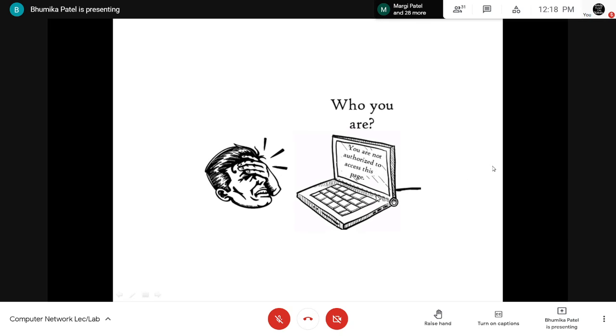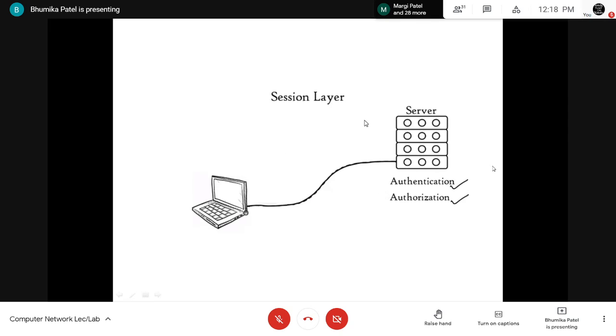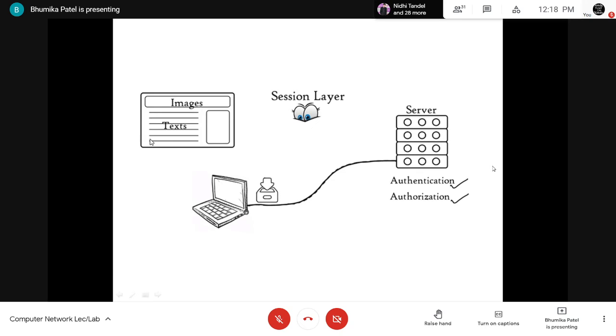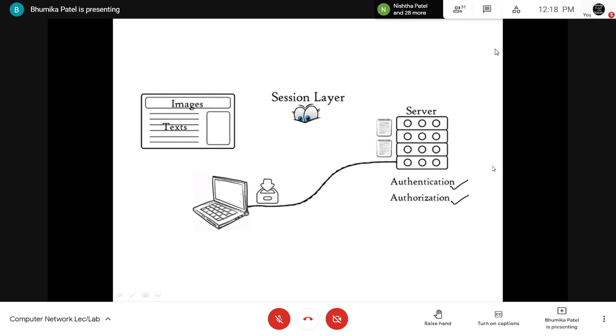Next, after that, the session layer will keep track of the files that are being downloaded, every file that is being downloaded. For example, a web page containing text and images. These text and images are stored as separate files on the web server.